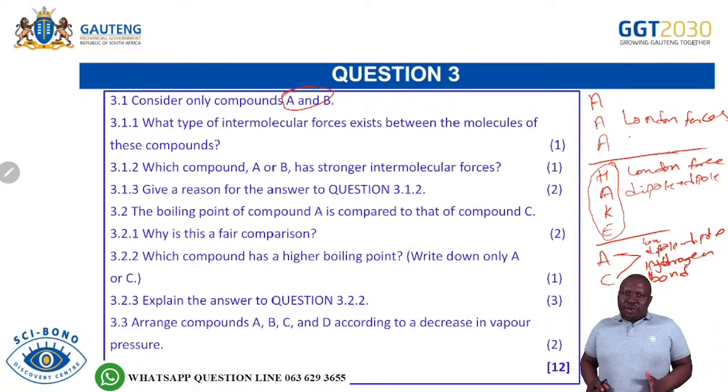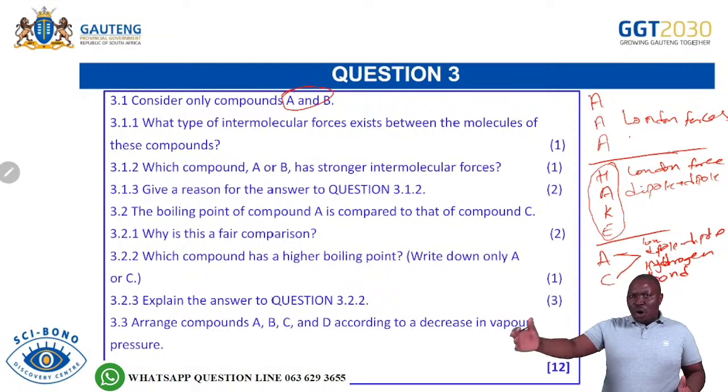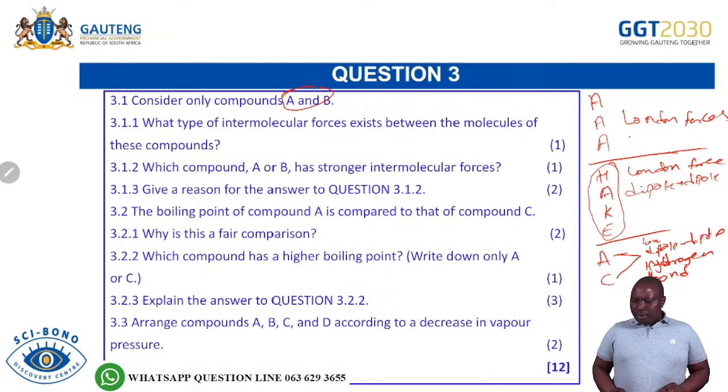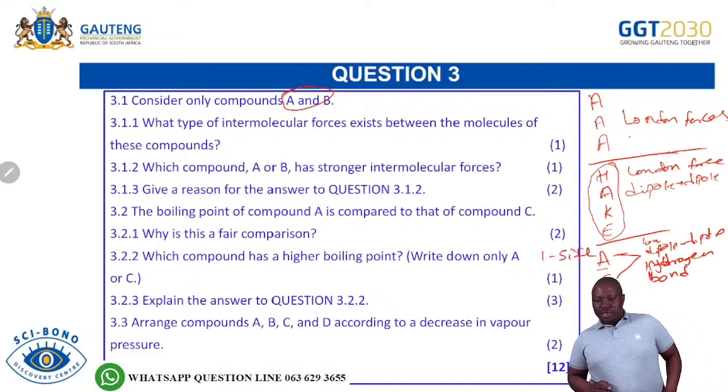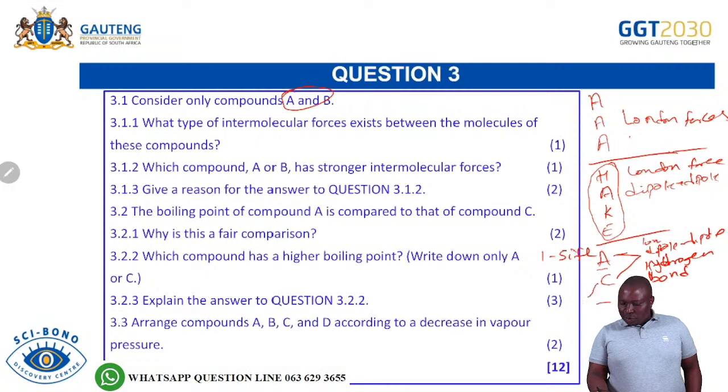So it's the hydrogen of one organic molecule to the oxygen of another molecule. The difference between alcohols and carboxylic acids is that alcohols have only one site, which means they can form one intermolecular force, whereas this one will form 2 hydrogen bonds. We say it's a dimer, so it has 2 sides of hydrogen bonds.